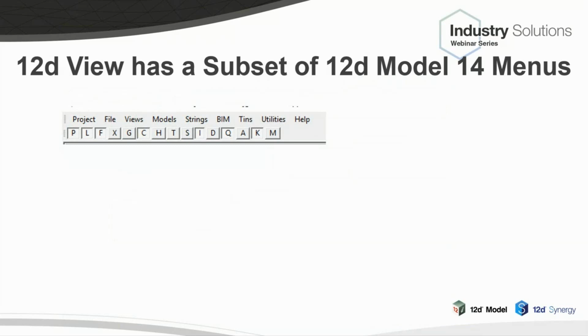Now, 12D View actually is a subset of the 12D Model 14 menus. So for those only using 12D Model version 12, it may look slightly different to what you're seeing, but that's because this has come from 12D Model 14. And that's why I'm saying this is for people who are using 12D Model already, so most of these things will be familiar to you, and it won't need very much explaining for you. So basically,